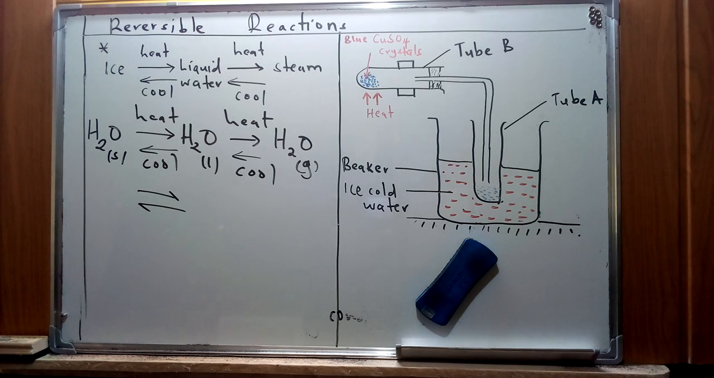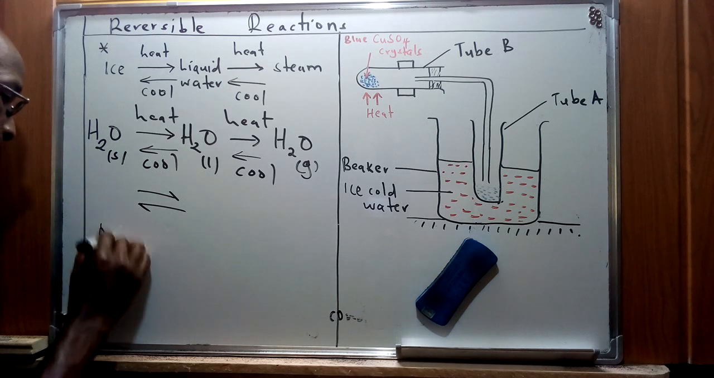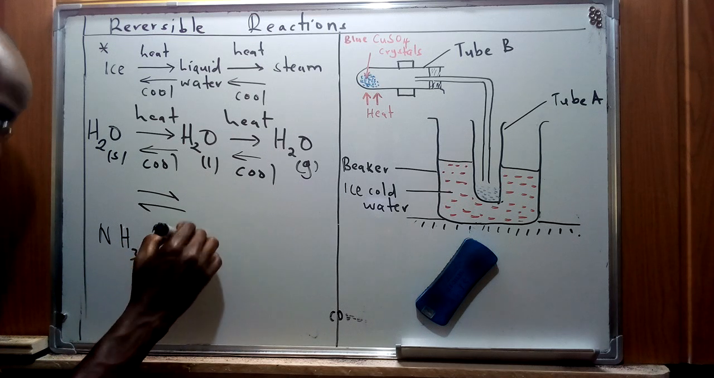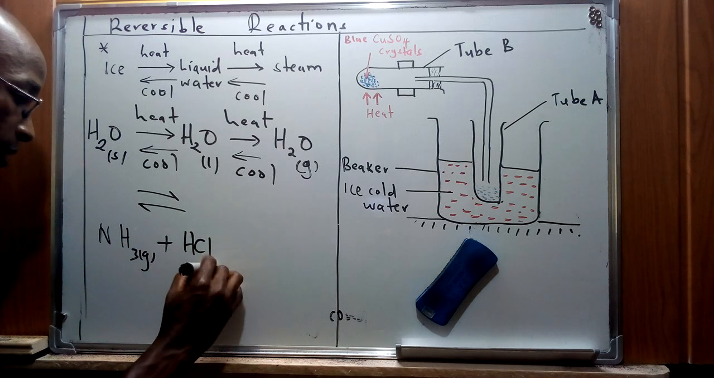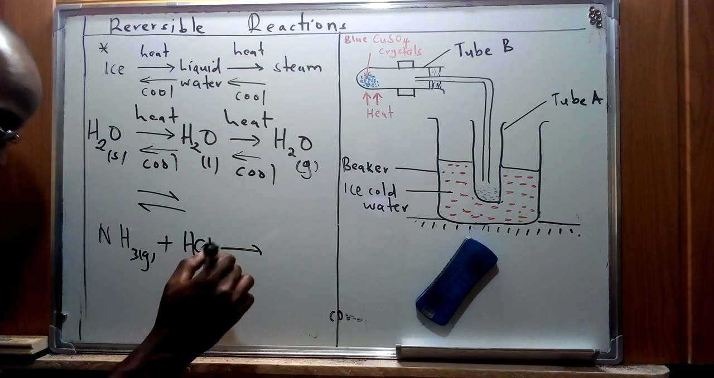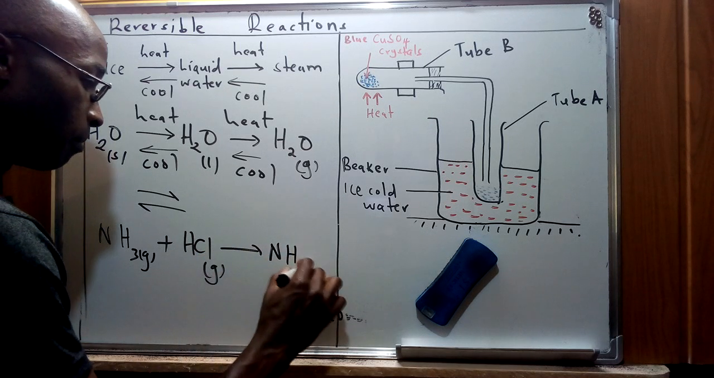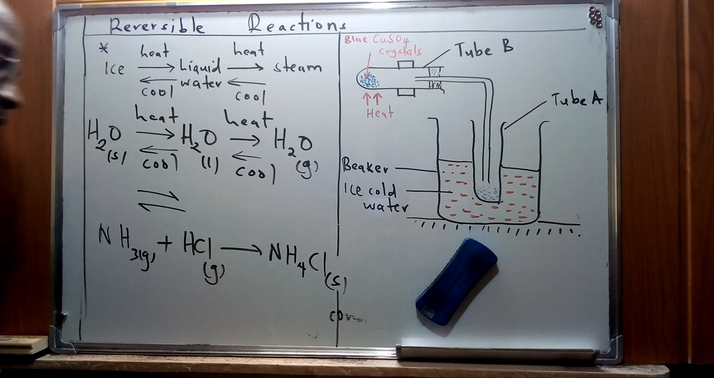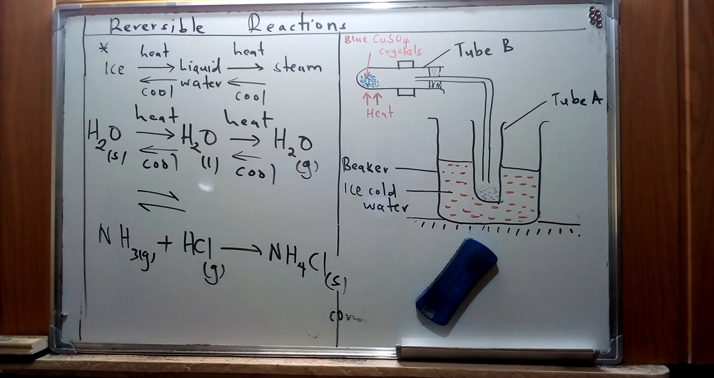Now, suppose we have a case where ammonia gas is reacting with hydrochloric gas. This is going to form a compound that is ammonium chloride, which is a dense white cloudy substance that is a solid, or we can refer to it as a precipitate. Now, in this particular reaction, we are going to see that this reaction can be reversed,